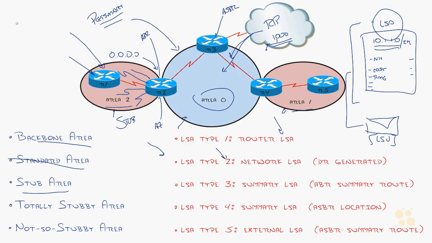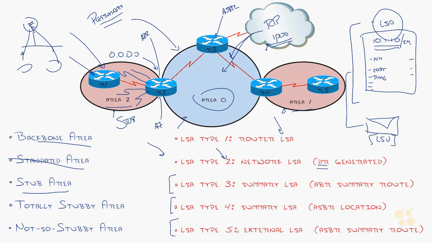If you remember a DR and BDR, those are the routers that essentially sit on a shared network. The routers send their type 1 LSAs to the DR, and the DR says, okay, I'm going to let everybody else know about those. That's going to be a type 2 LSA, something that the DR generates, advertising itself. Now, this is where we get into the LSAs that are impacted by the special area types, type 3, 4,